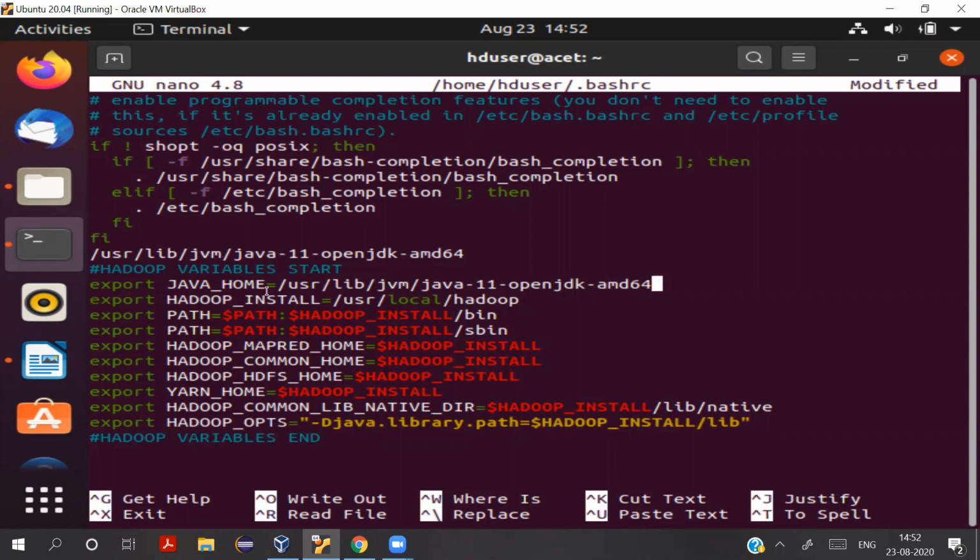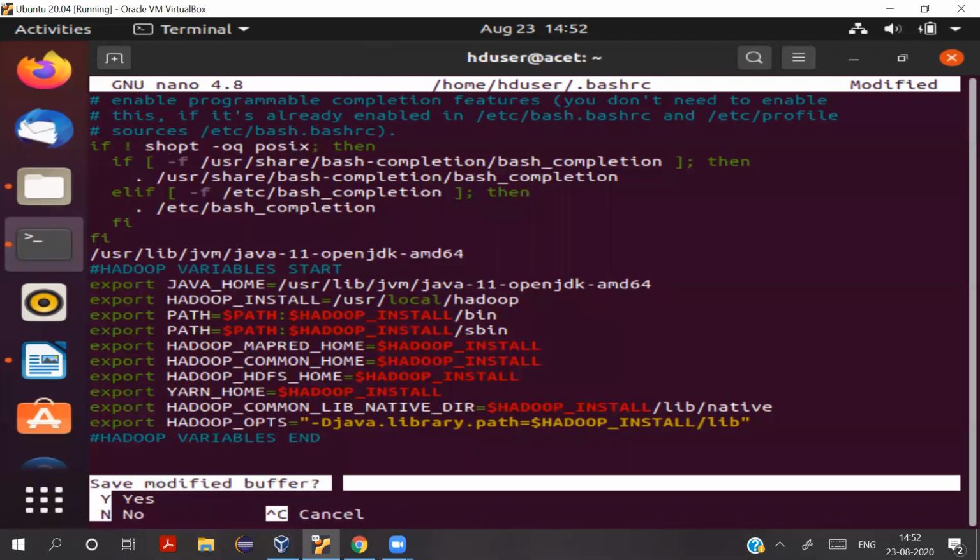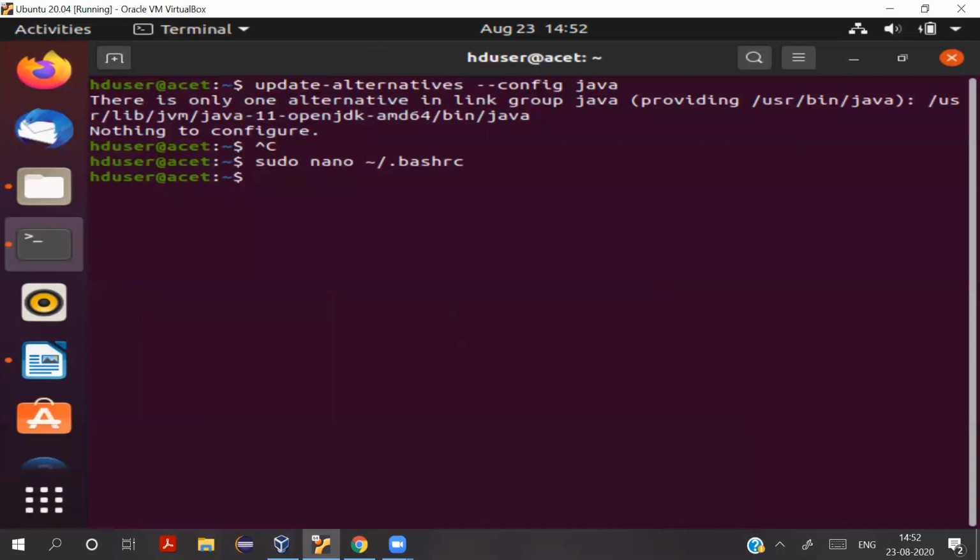Especially the Java home should be very clearly written here. And then by pressing Control X, you can exit by saying yes and pressing enter. Now you must update this bashrc file. So just use this.